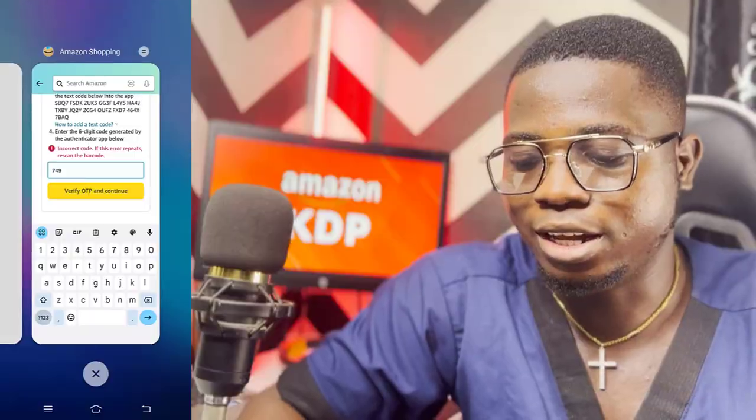Any time you want to have access to your account, right, you'll be needing the OTP, and to get the OTP you just need to go back to the Google Authenticator software and copy the code that you see there. The code is actually just valid for, I think, some seconds, so it's that code you need to copy always whenever you want to have access to your KDP account, right? So when you copy that code, you paste it,